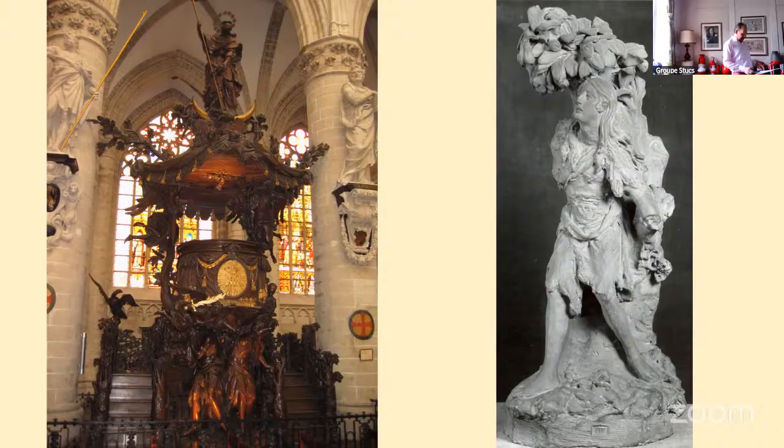But that Verbruggen did this on his own within three years, 1696 to 99, is almost certainly out of the question. The only thing we know from a contemporary chronicler concerns the assembly of the different parts in the church in Leuven. The pulpit had to be carved in Antwerp and brought to Leuven by boat,